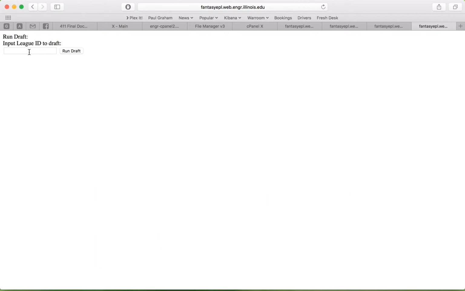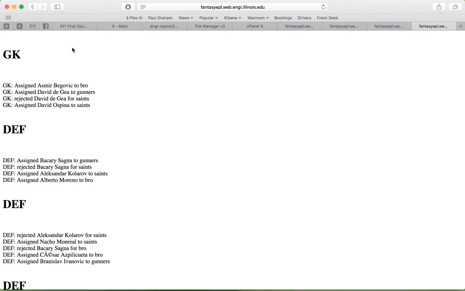So this is the interface that we've created for the backend to help initialize the teams. The league ID for that particular league was 2. So I'm going to enter that and run the draft. As you can see, the draft has taken place, and I can tell which player got assigned to which